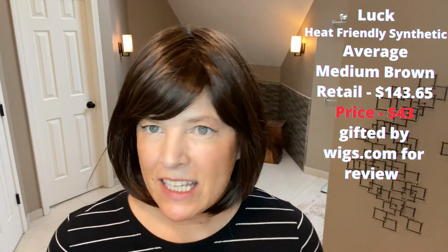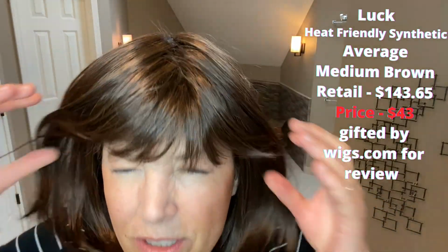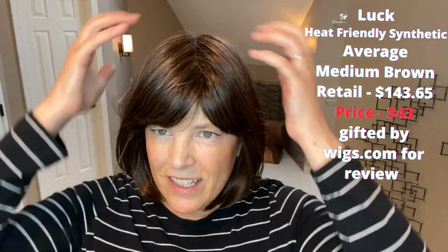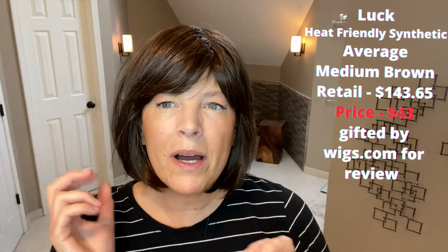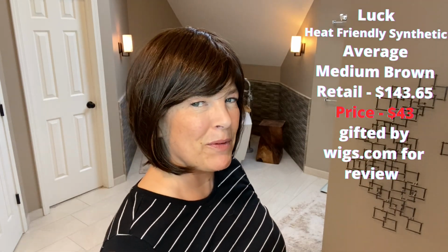This is a basic cap style with no lace front, as you can see, but of course you have these bangs, so you don't really need a lace front. No mono top or mono part, but just a lovely basic bob style with bangs, and that keeps the price point nice and low. So here we are from the right